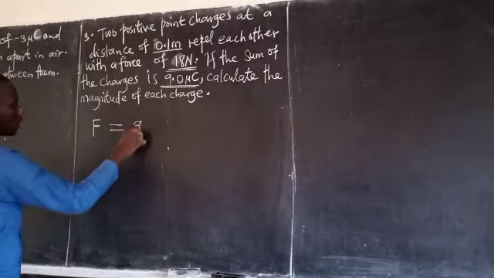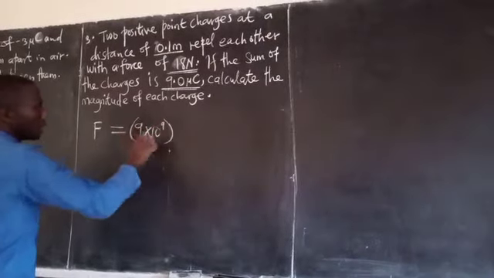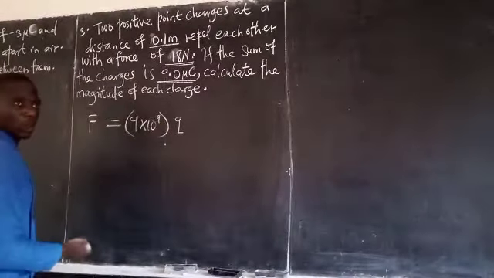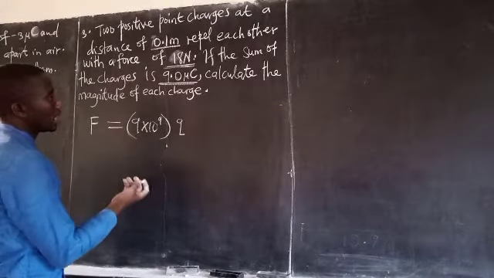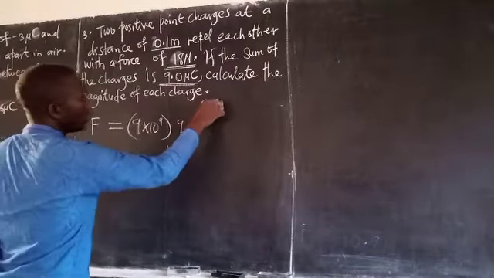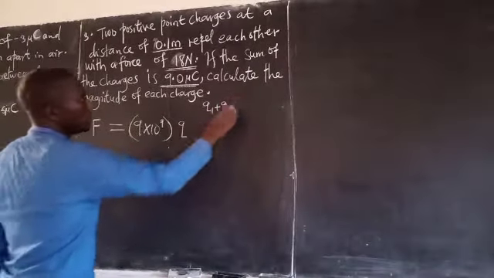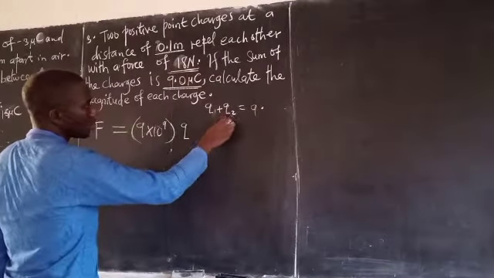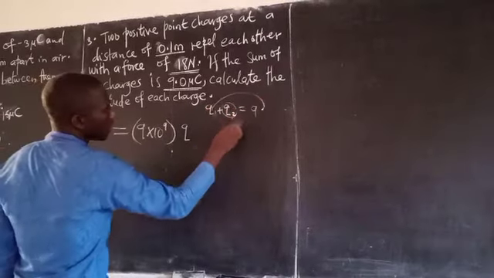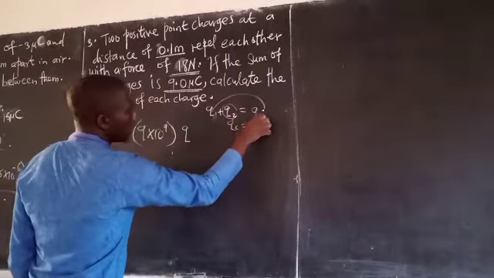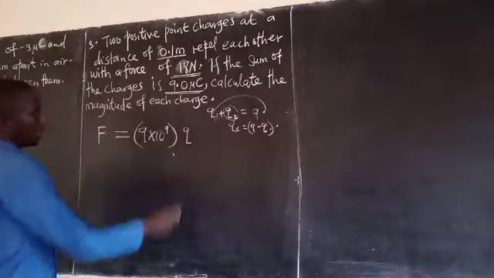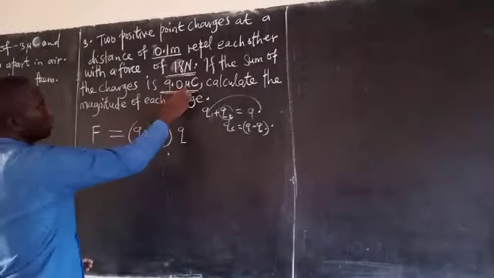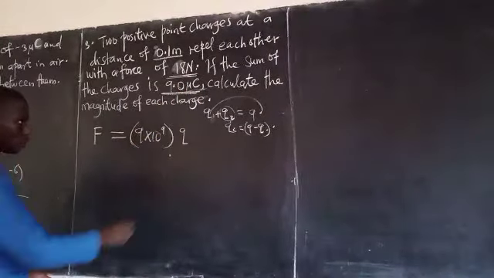Force equals 9 exponent 9. Then maybe the first charge, you can call it q. And then the second charge, we are told that the sum of the 2 is 9. So if one is q, another one is that. So this one, to get it, I take this one to the other side, so that this q will be 9 minus q. So another one, and since this is in the order of microcoulombs,